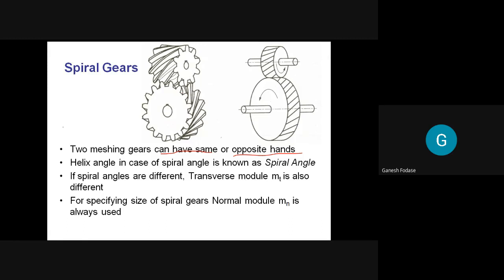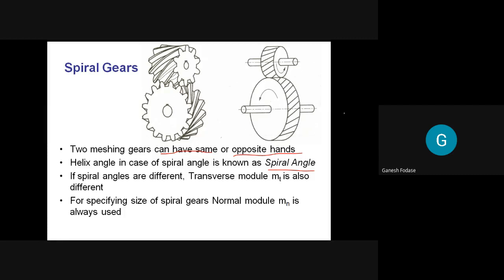So as in the case of helical gear, we call it the helix angle. That is the angle made by teeth with the axis, called the helix angle. But in a spiral gear, generally we refer to it as the spiral angle. So spiral angle is nothing but a helix angle only, but for a spiral gear, we call it the spiral angle. One more thing you remember,